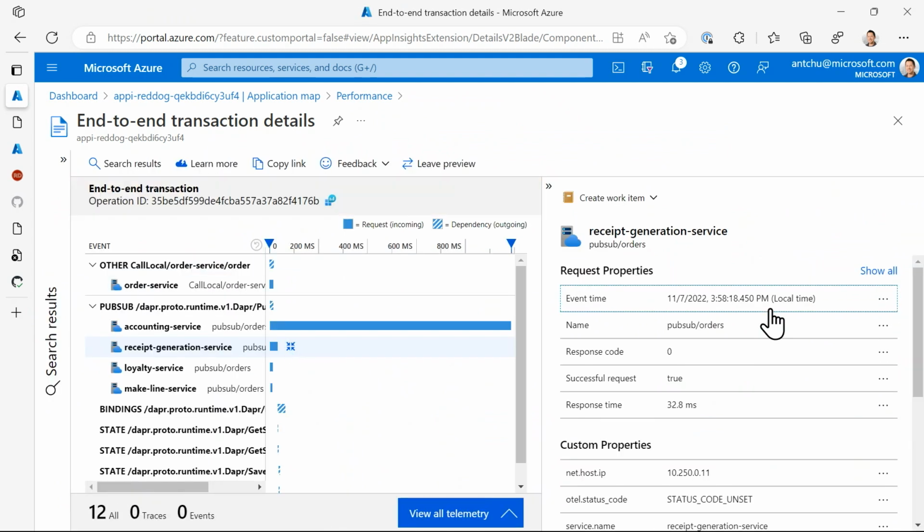And if I look at a specific request, I can see that entire request from when it comes into the order service to when it goes through pub/sub and reaches each of these services as they process them. So you get this end-to-end view of my application, and it allows me to see how things are going, and it makes it a lot easier to troubleshoot because it makes it really easy to see that something is wrong and then drill into it and find the error itself.